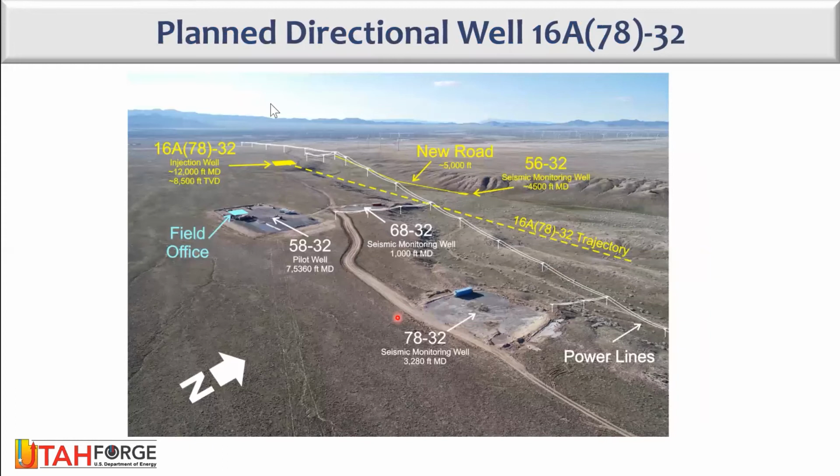So where are we at now? So quickly, and this is all very quick, I understand. Let's look at what we're doing now. Well 7832 is 3,200 feet deep. Periodically, we'll run geophones in that well. It has a DAS cable. There's a shallow well, less than 1,000 feet deep, with an accelerometer and a geophone. This deep well, we'll run geophones in it periodically. That was the well that's been the subject of discussion to date. And somewhere out here, and we're looking west in this particular view, we're going to spud in 2 weeks and drill a well